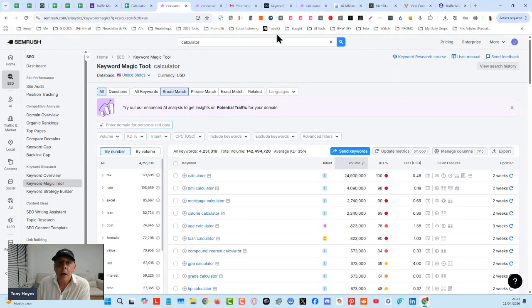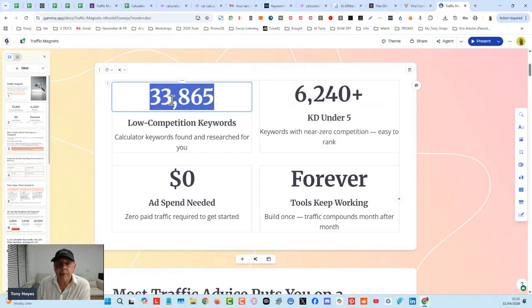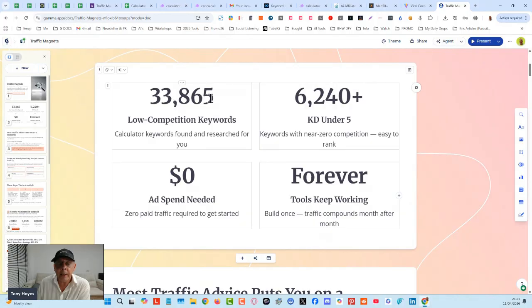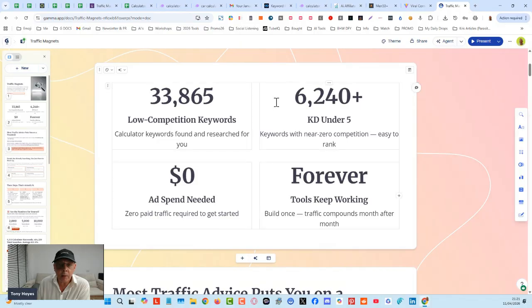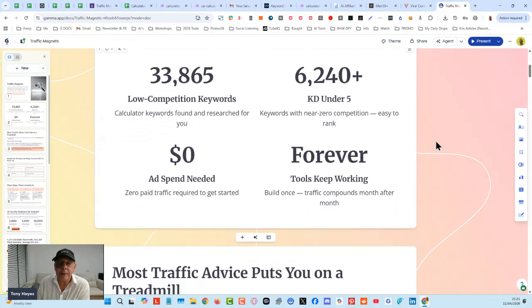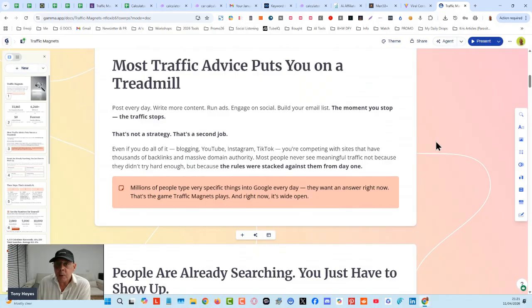All right, now, I've got about 33,000 keywords, easy or very easy, that I have put into a database that I'm going to provide to all people who make a purchase later today. There are over 20,000 low competition keywords for very easy, and another 13,000 or so that are just terms as easy. So the keywords are there, people are actually searching for them. What we want to do is make sure we are there.